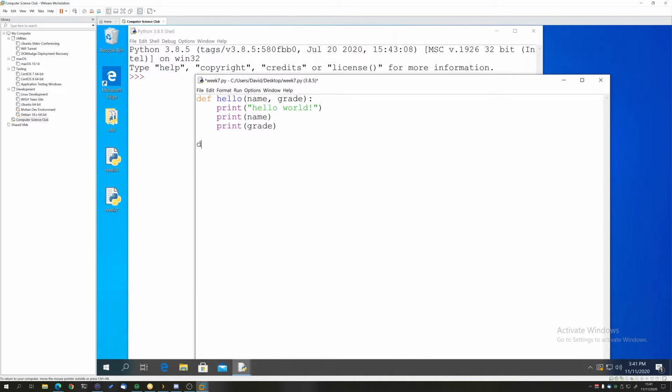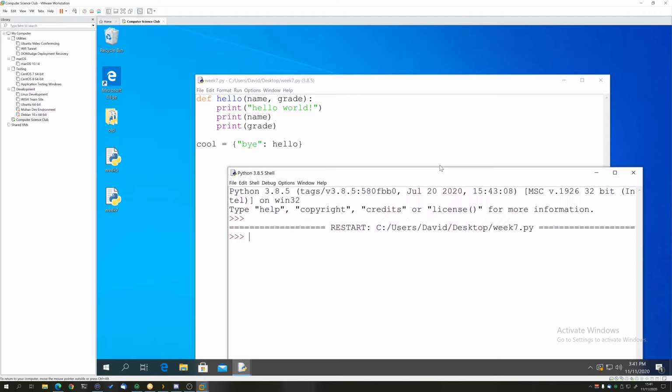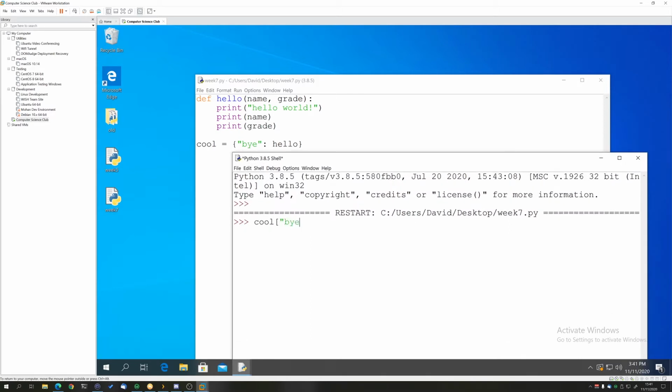I can say cool stuff equals that, and I can say bye, and then I can just literally map it to hello. So now if I run this and I say cool at bye, I can actually run the hello function. So this is pretty useful.